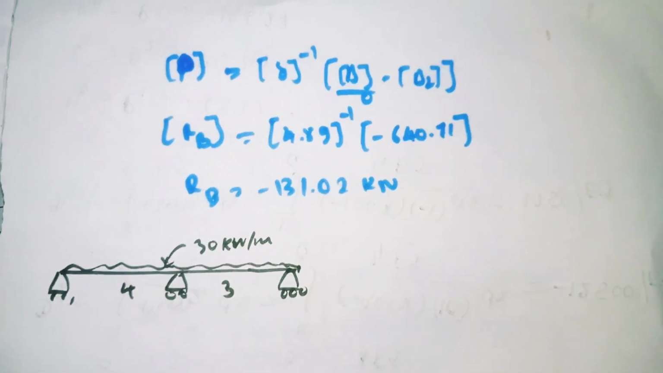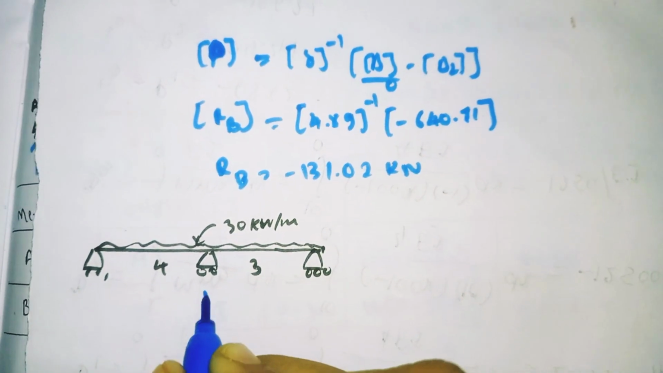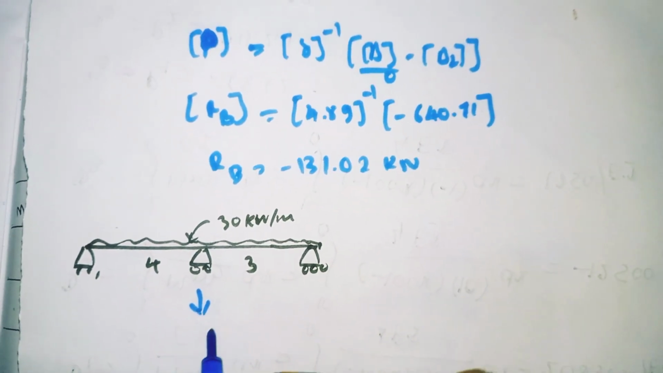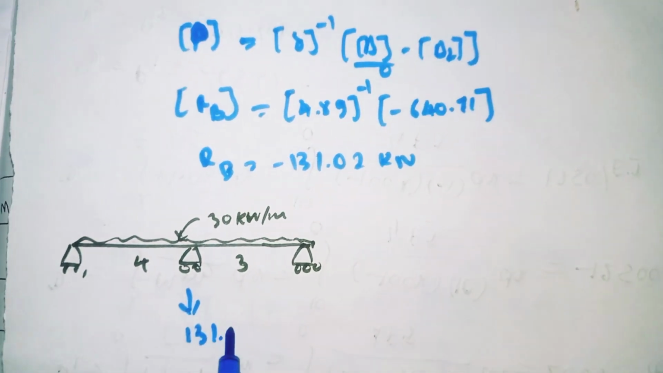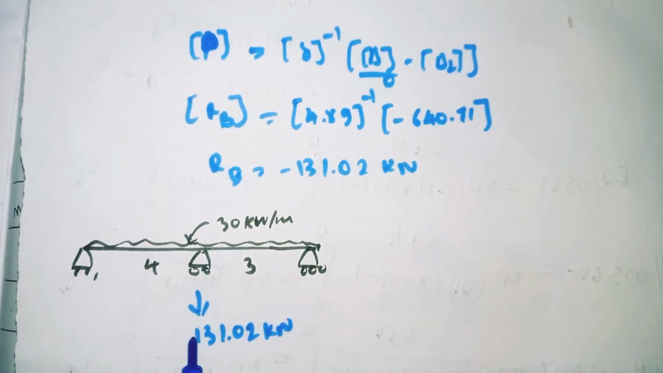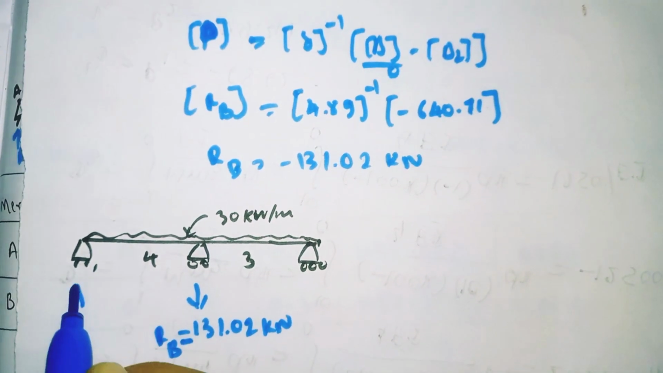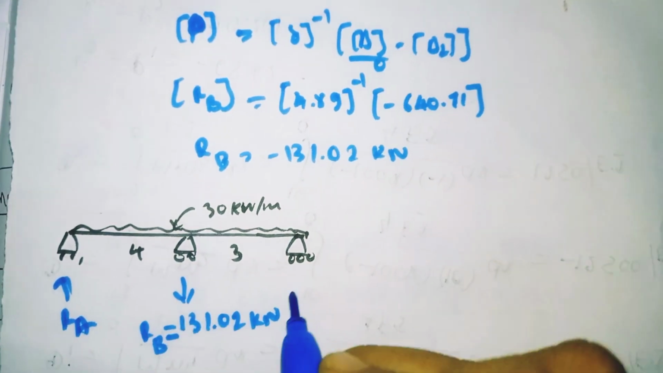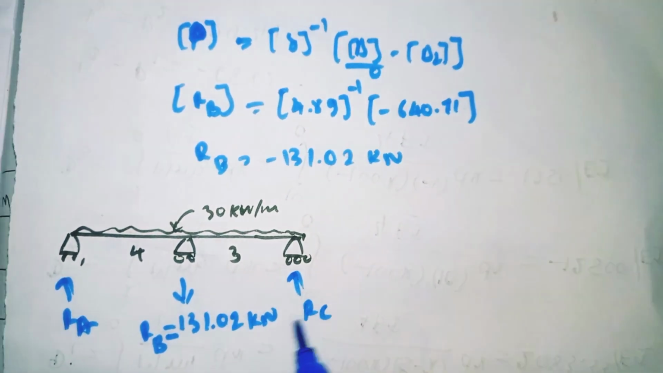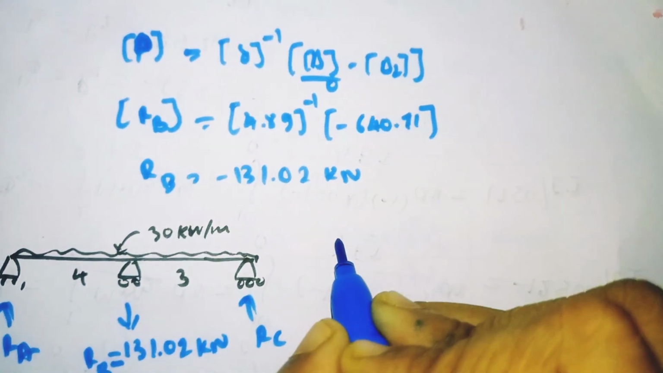So this is our given beam. So our RB value is minus, it means it is going downward, 131.02 kilonewton. So now we need to find, this is our RB value, we need to find the RA and RC also. We need to find these two. So by using this value we will find out